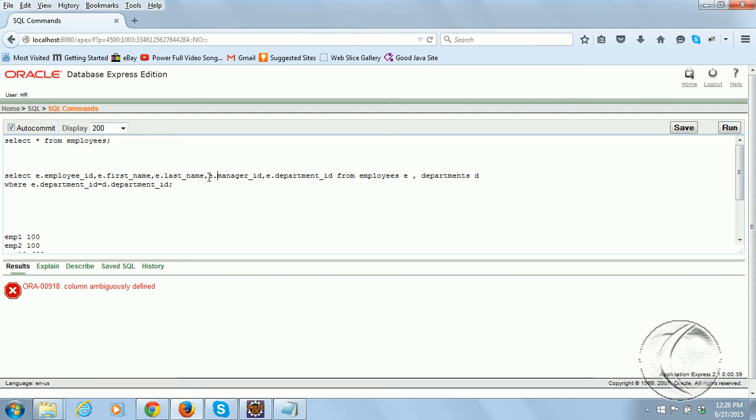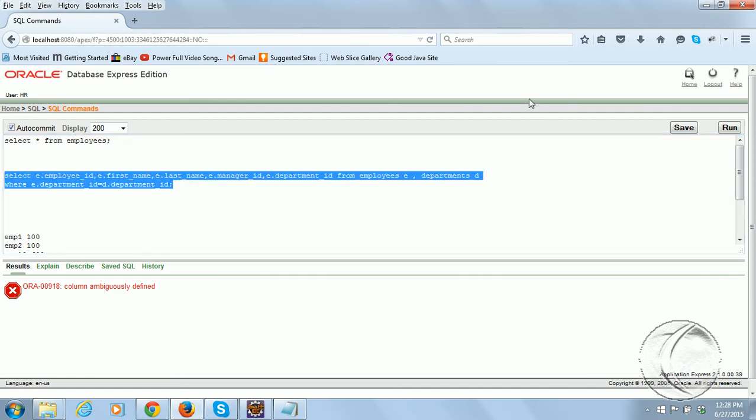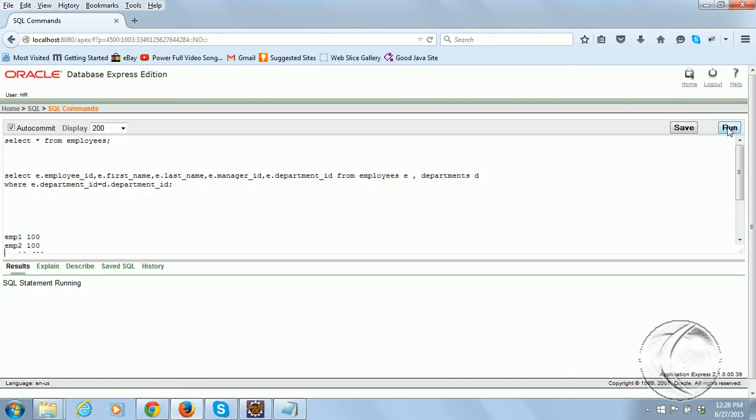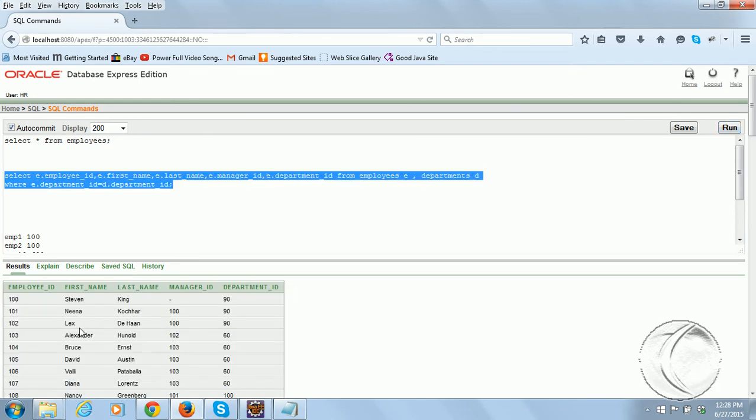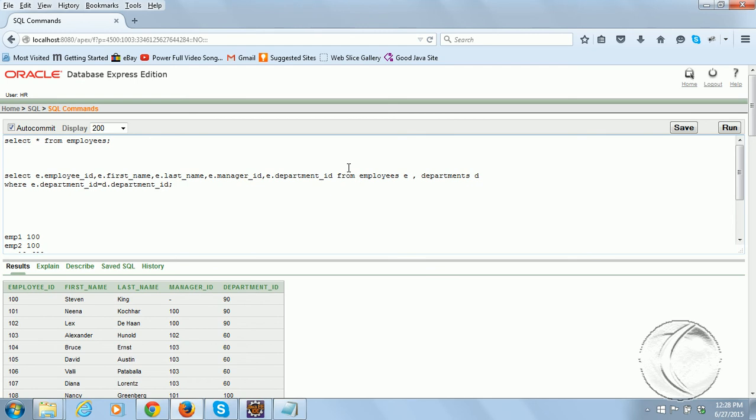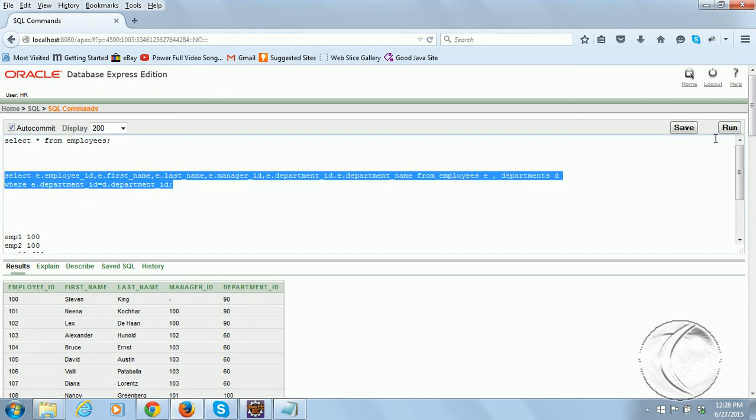I will just append it like this. Can you see this data? Using join, I am able to retrieve the department name. I didn't add the department name, so let me add it. When you join based on this department ID, we can get the department name.